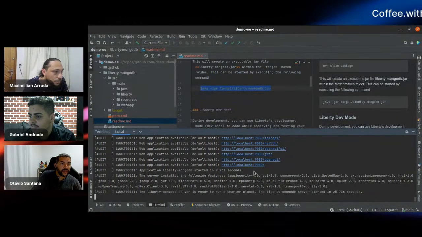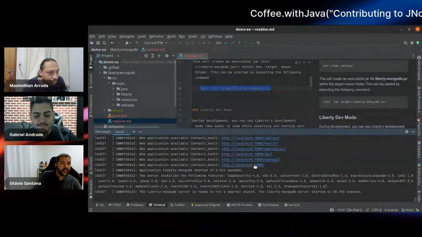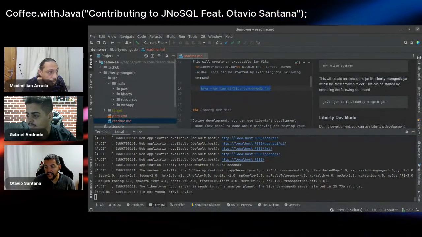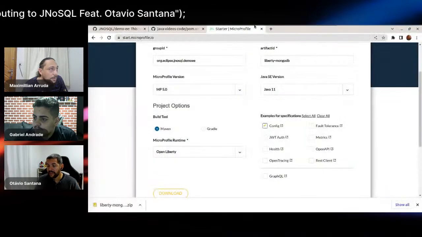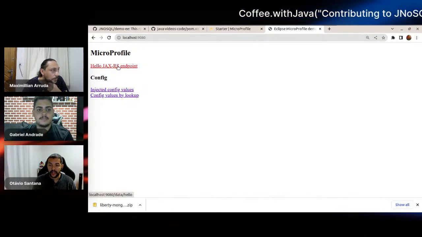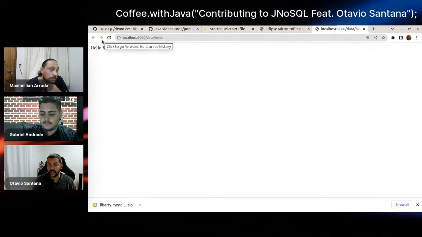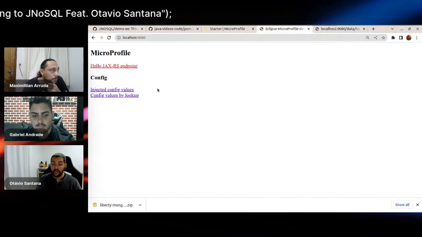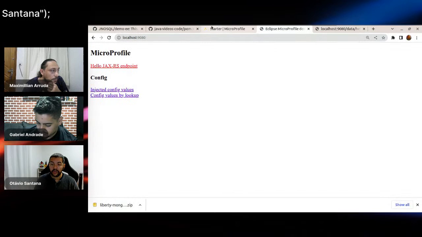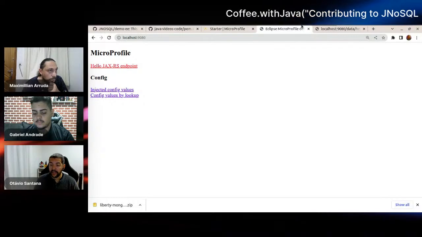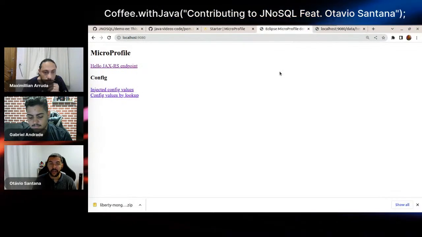Okay, so I could access this one. Am I right? Yes, you can take it. Let me open it right here. So the endpoints, we could, oh, it's a Hello World. So right now we do the basic. So it's a sample using configuration. Of course, it's not a complete feature because it did not do the integration.